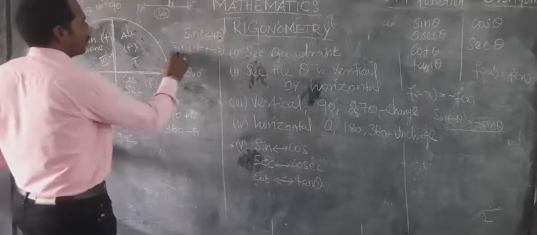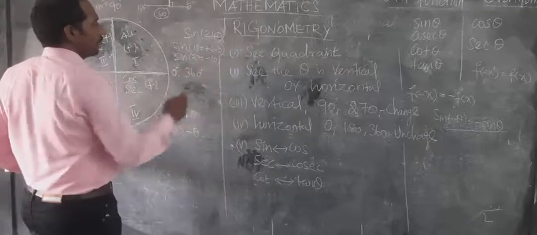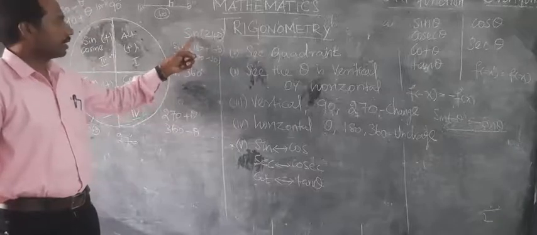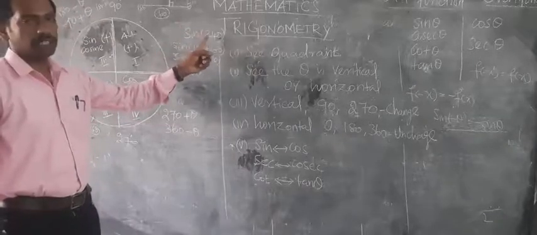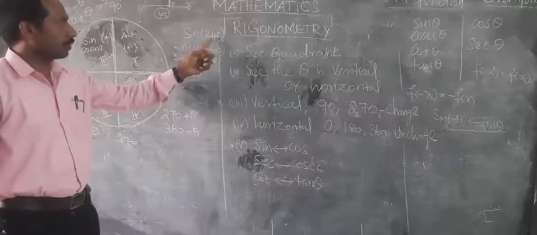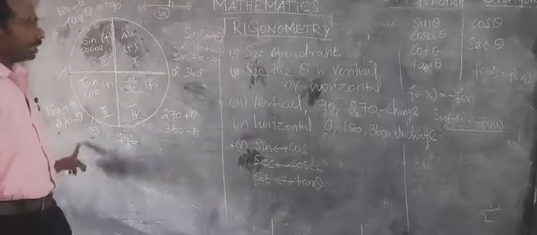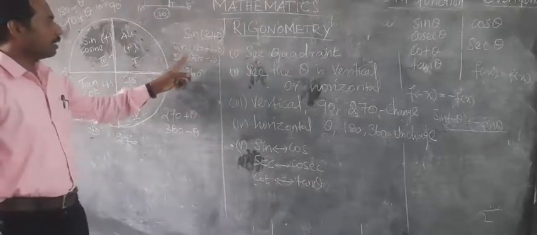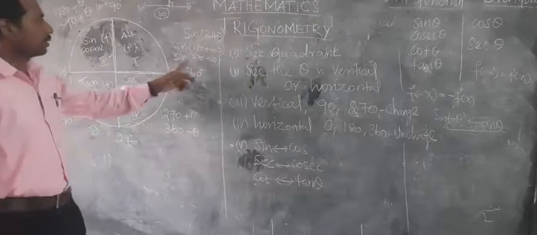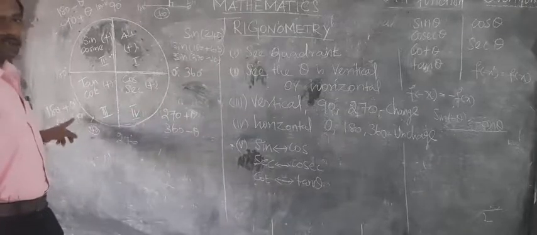Otherwise 270 minus 30, two ways. You see, it is a sine trigonometric identity, but the angle is 240 degrees. If you want to find the answer for 240 degrees, how can you write it using the third quadrant theta, horizontal and vertical? Horizontal means 180 plus 60, you can write it. Otherwise 270 minus 30, you can write it. So in two ways you can write it.